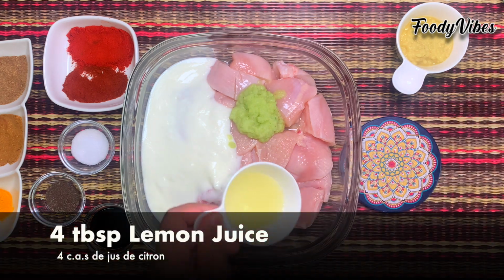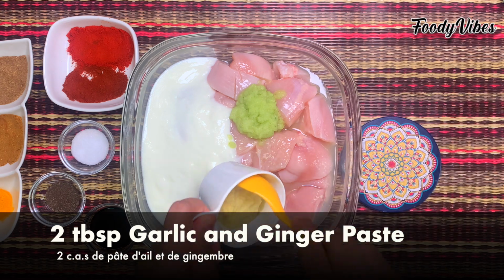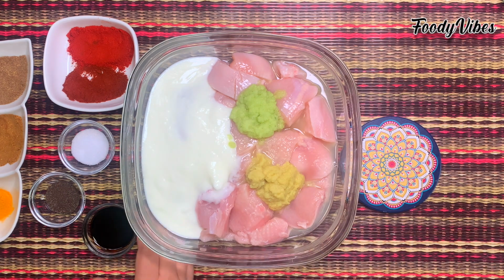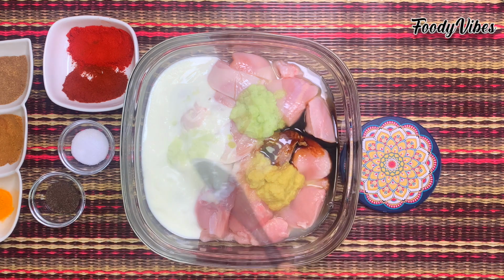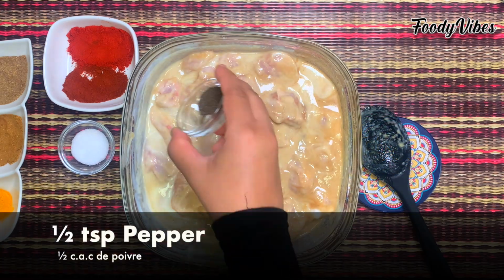some fresh lemon juice, garlic and ginger paste, and some dark soy sauce. Mix all together. Next, we'll add the dry ingredients: pepper,